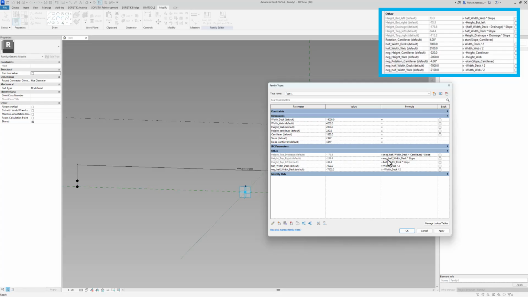Next up, from this height, we now want to go a little bit further up, so we can just copy paste this here, and we want to assign the height of the top drainage plus the cantilever parameter. By the way, be careful to exit the already existing values when you add a plus to it. The program doesn't enjoy that. We take the length of the cantilever, multiply it with the slope.